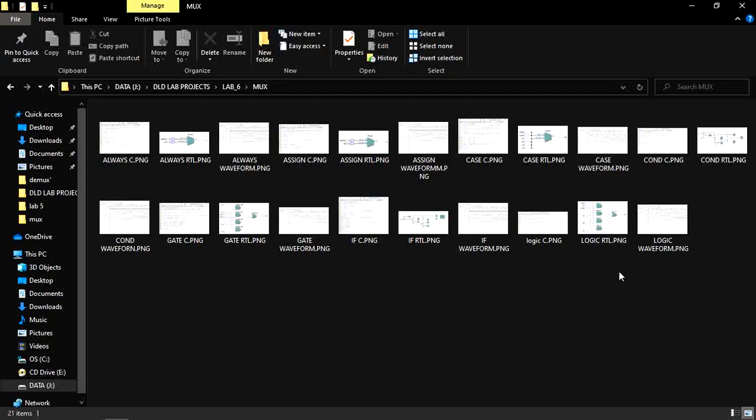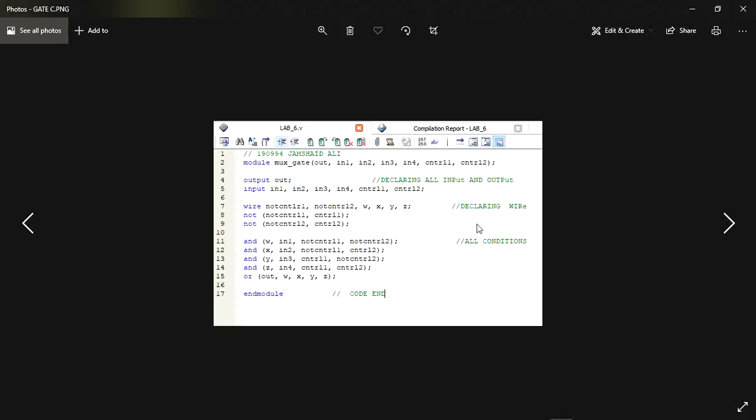First of all, we are going to discuss the gate level implementation of mux. This is the Verilog HDL code of our gate level implementation. Here we use wire operations and not operations for selection lines, and after getting the response from the not gate.